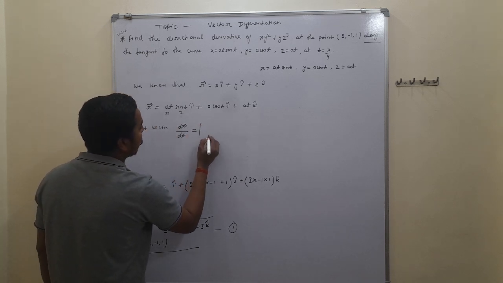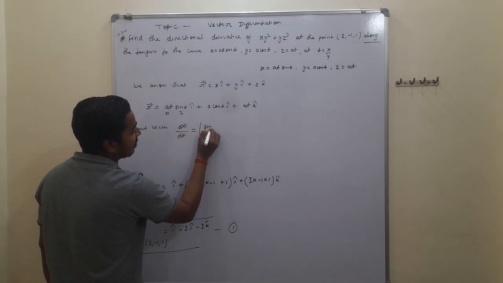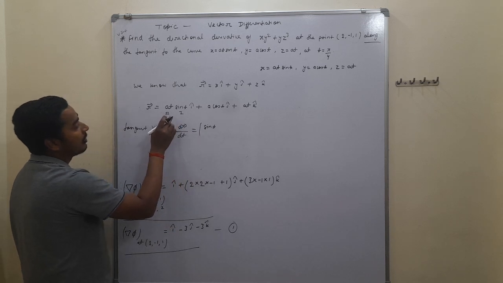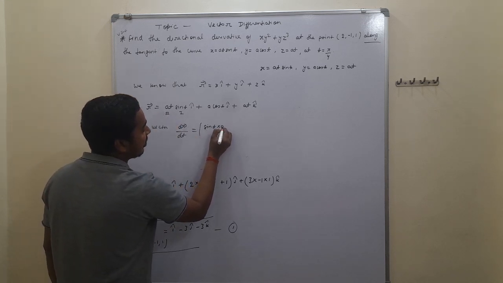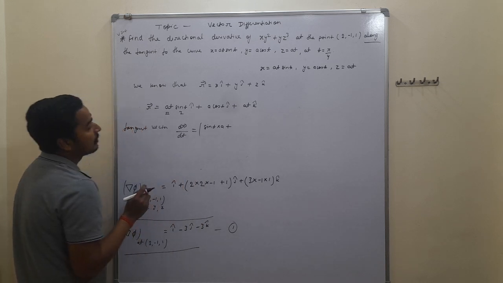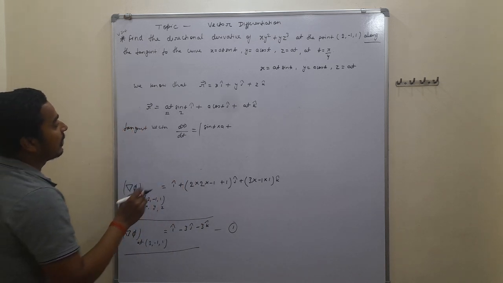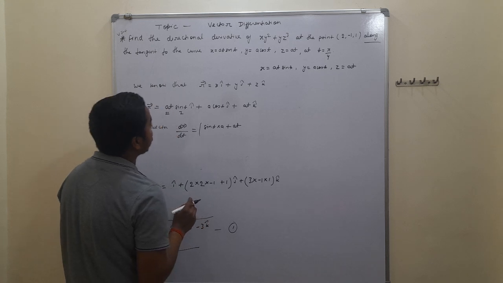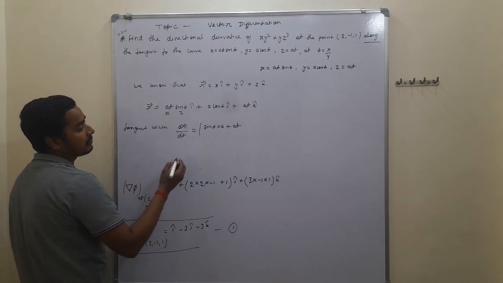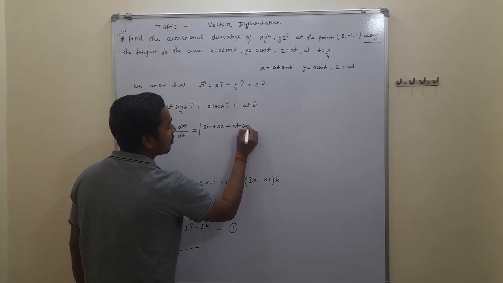So we write sin t as the first function, and differentiating the second function a t with respect to t gives a, plus again the first function, this is a t, and differentiating sin t with respect to t gives cos t,